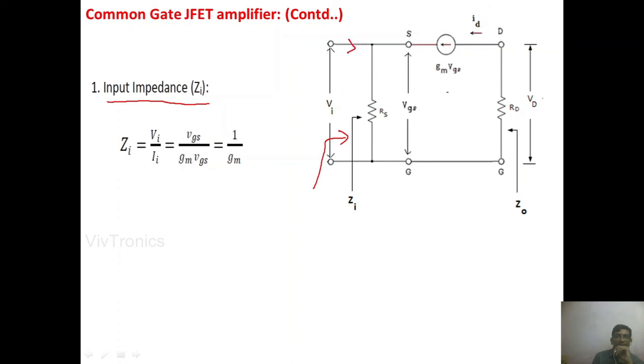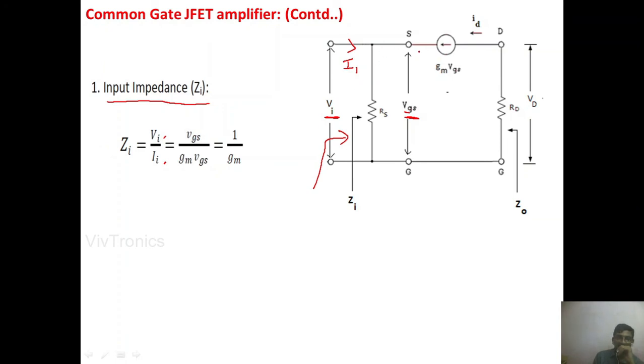Here the input current is mentioned as IA. So ZI is equal to VI divided by IA. So what is the input voltage here? VGS is the input voltage, which is nothing but VI. VI is equal to VGS here because these two are in parallel combination,